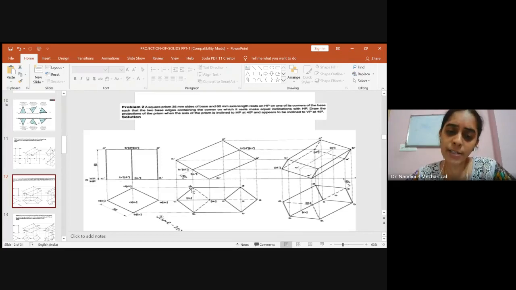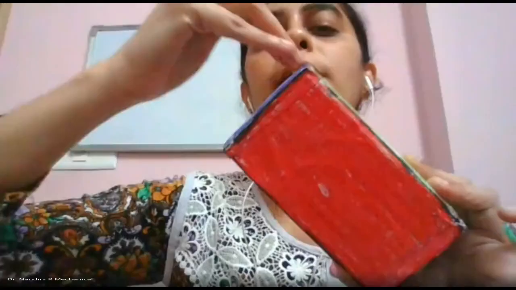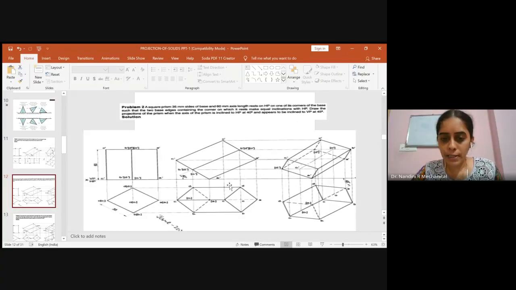So first, always join the outer boundary. It is from C to B, B to B1, C1 to B1, B1 to B, then A to D, D to D1. So this is the outer boundary. After drawing the outer boundary, now you have to think which are visible and which are hidden. When the observer views from the top, as I showed you with the square prism, in the inclined position the outer surface will be totally visible, and hence we complete the outer surface with a continuous visible line. So you can see this is the outer surface.